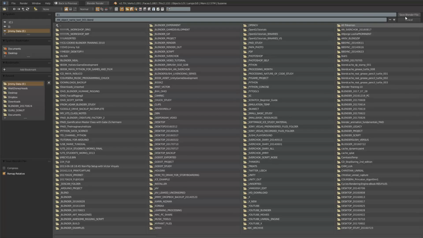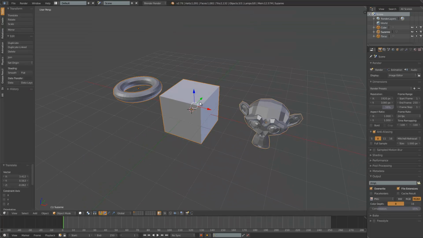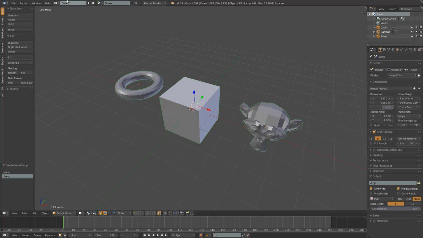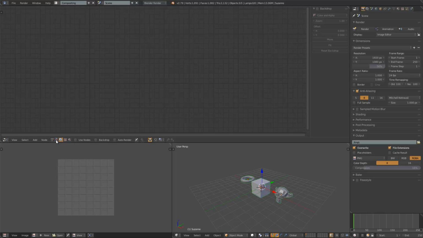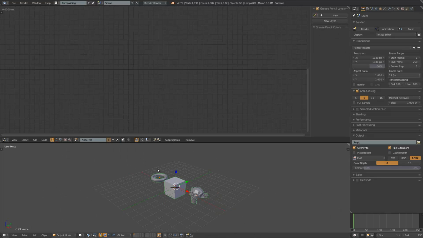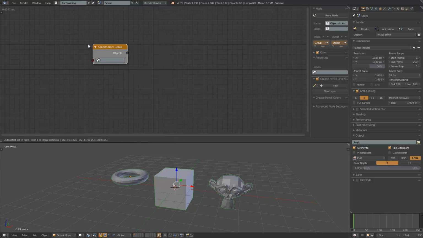Gonna save this. And with Animation Nodes, if you are gonna be processing multiple objects, you need to group them first. So I group the objects and then go to compositing, switch to Animation Nodes, and we're gonna start with objects in. So objects from group. I'm gonna grab the group,